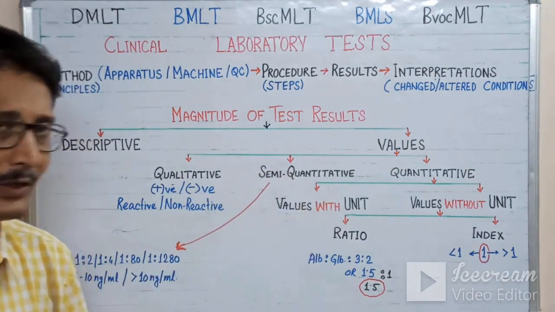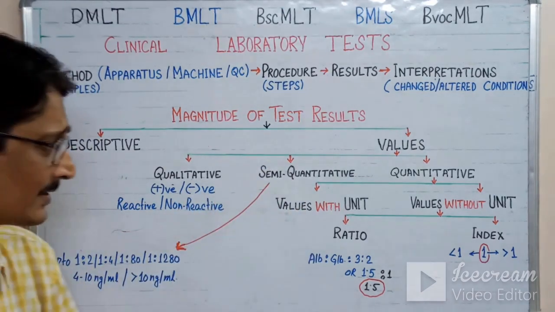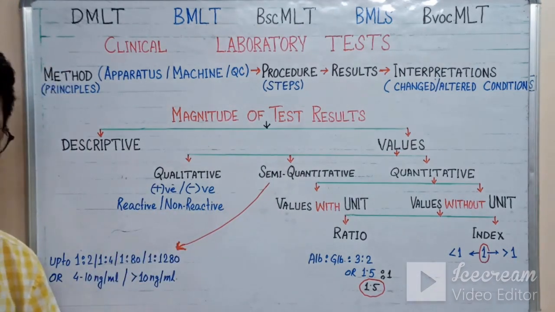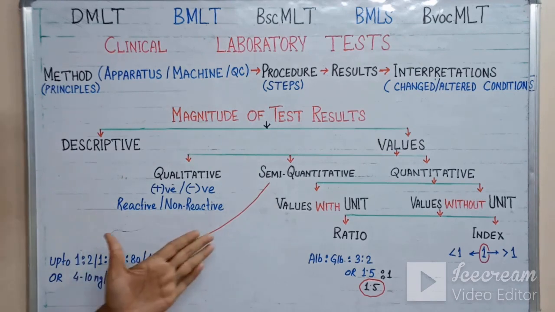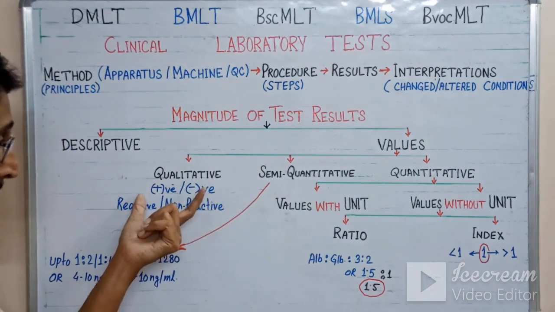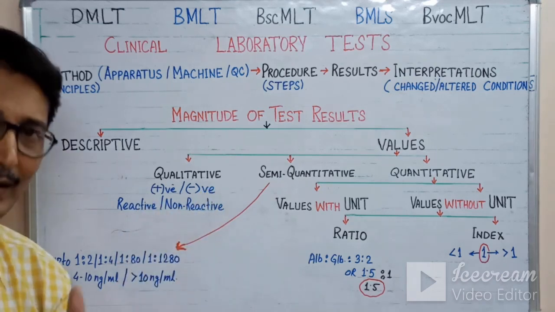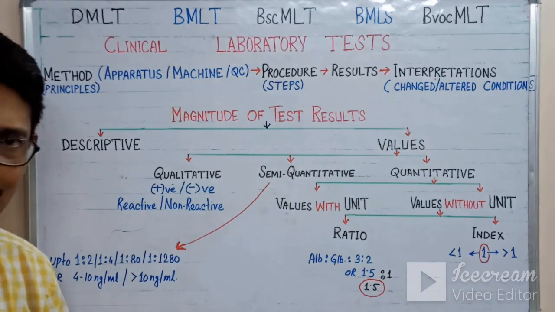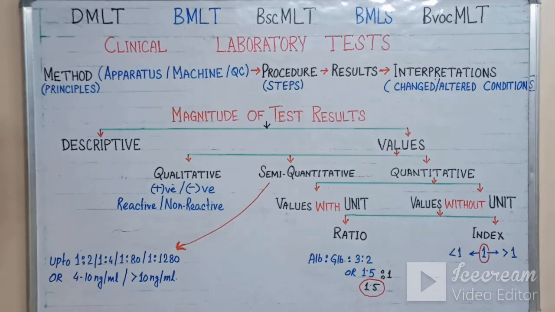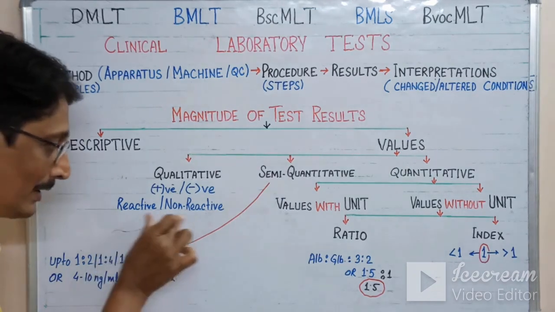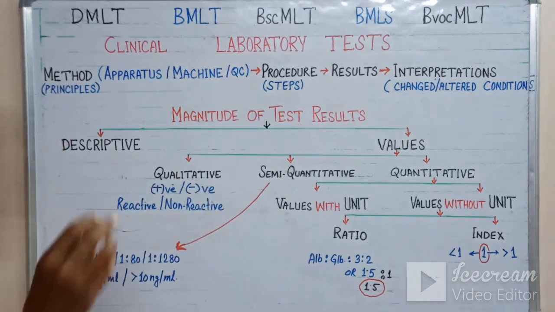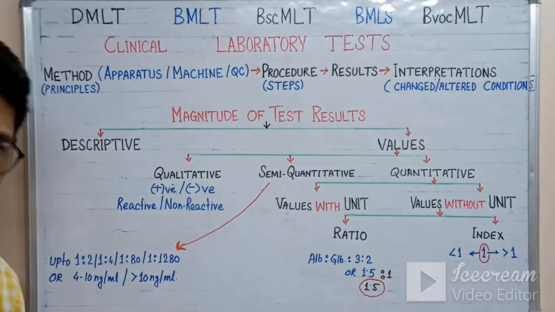Now we come to the semi-quantitative estimation. The semi-quantitative values are like this. First of all, I perform the test in a qualitative manner. If it comes positive in the laboratory, the positive-negative language is right. But when you are delivering a report, there should be the word reactive or non-reactive. So after getting the result positive, I have to go to dilution.